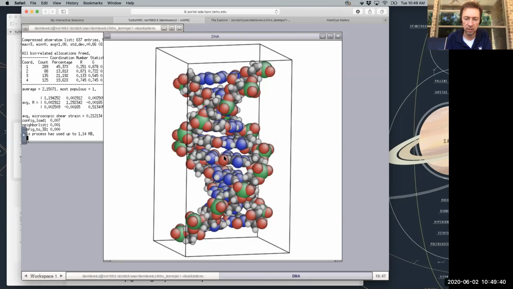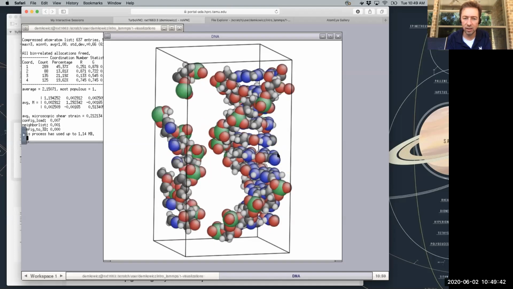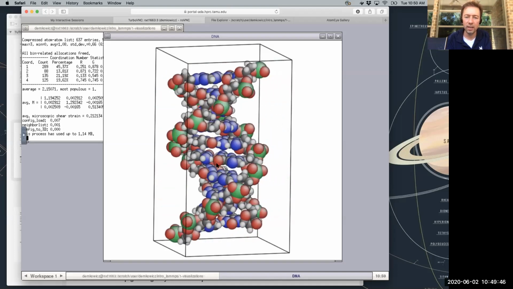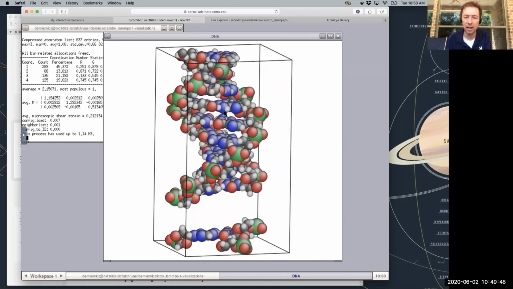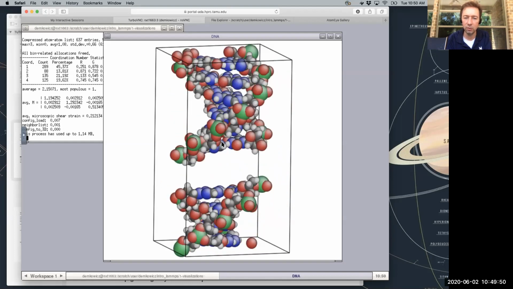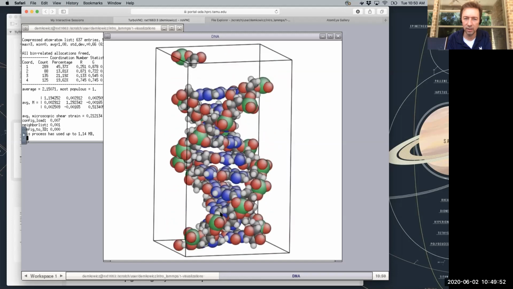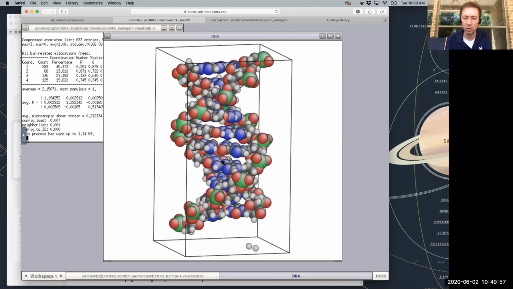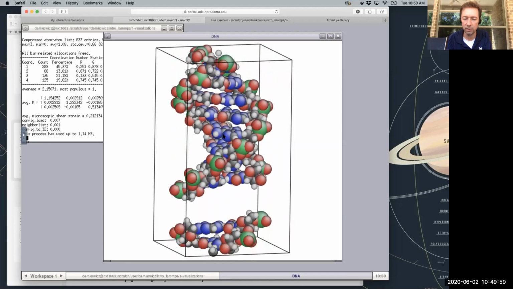So Shift, click, and drag. And you see that's going to translate the model, right? And if I translate it up and down, then you can see that it's going to leave through the vertical surface and come back. So if I have atoms leaving through the upper part, you can see that they're reappearing on the bottom part.